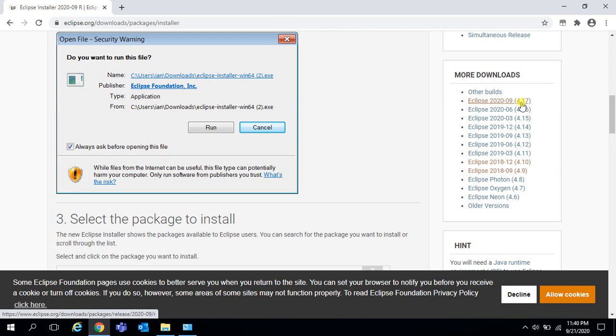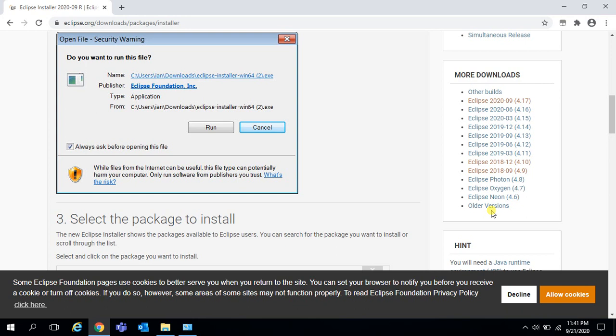If you want to download Eclipse software for 32-bit operating system, you click on 4.9, 4.8, 4.7, 4.6 or older versions. But 4.10 onwards up to latest version, Eclipse software not available for 32-bit operating system.